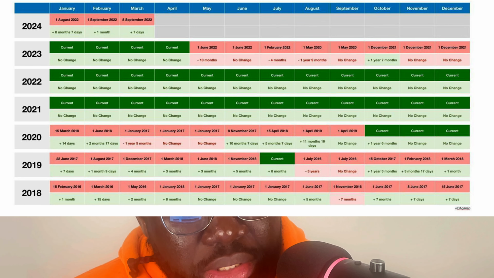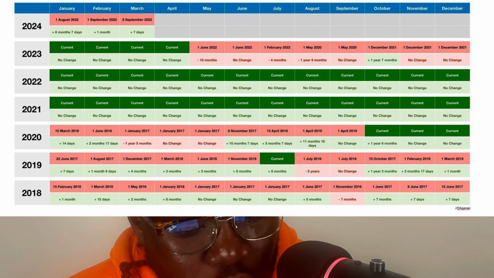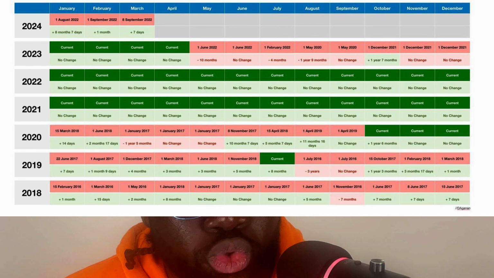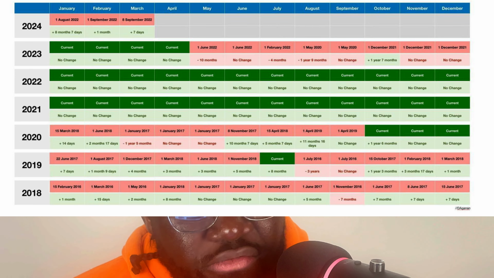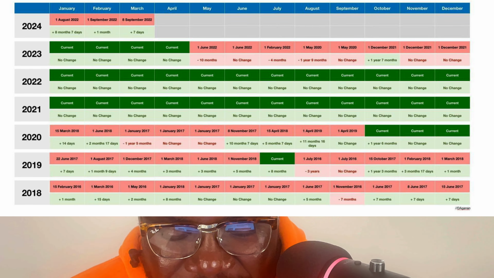So anybody whose date, if your date was after 1st of June 2022, you are gone. You have been retrogressed. Right. So people say, or we've all heard this, that retrogression is temporal, it's not permanent. Now an immigration attorney explained retrogression with a similar concept: you are on a freeway, on a motorway,